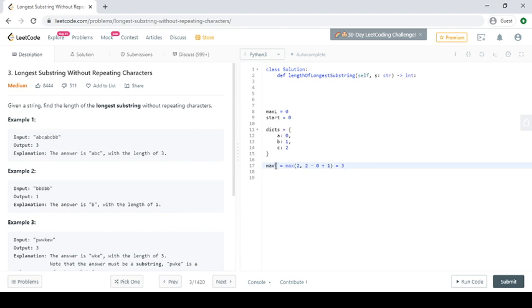Now A is already in the dictionary. Before updating it, we have to update the start position.